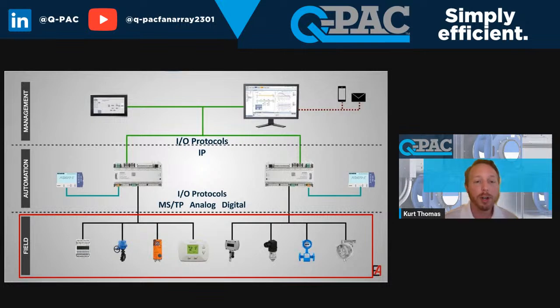So we offer BACnet MSTP. If you do want to go straight to IP, we have a device that you can add. It's fairly cheap. We'll send you a link to it that you can add and go straight to BACnet IP. But we haven't developed it. We haven't integrated IP into our system yet because honestly, there's just not a lot of demand. Everybody's still using BACnet MSTP for that field side.